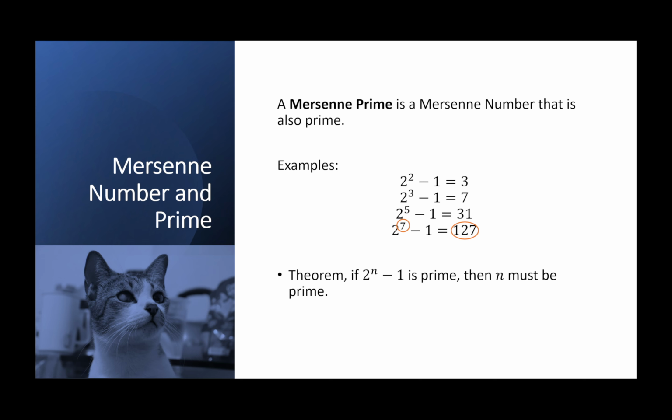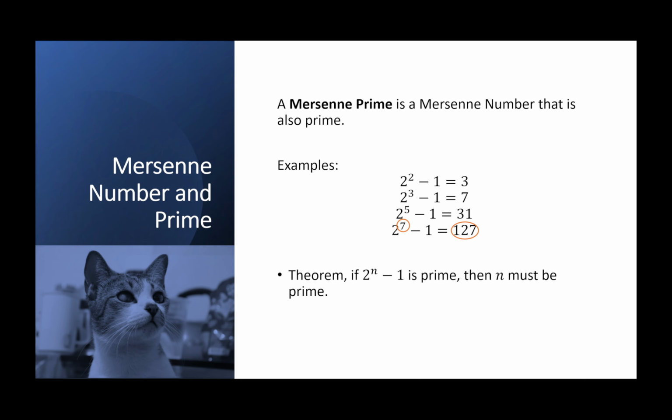So if you want to get the first Mersenne number, we'll have n equals 1. So 2 raised to 1 minus 1, which will be 1. And then next, n equals 2. So 2 raised to 2 minus 1, so 2 raised to 2 is equal to 4, minus 1, then you'll have 3. And then just do this for all values of n. So here we have 1, 3, 7, 15, 31, and 63. These are the first 6 Mersenne numbers.